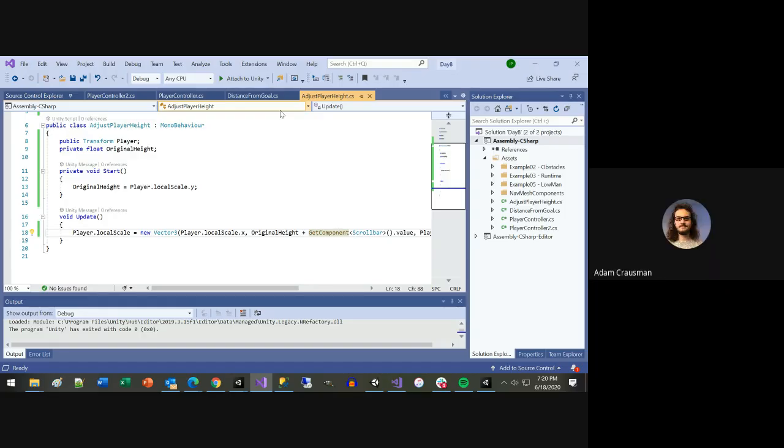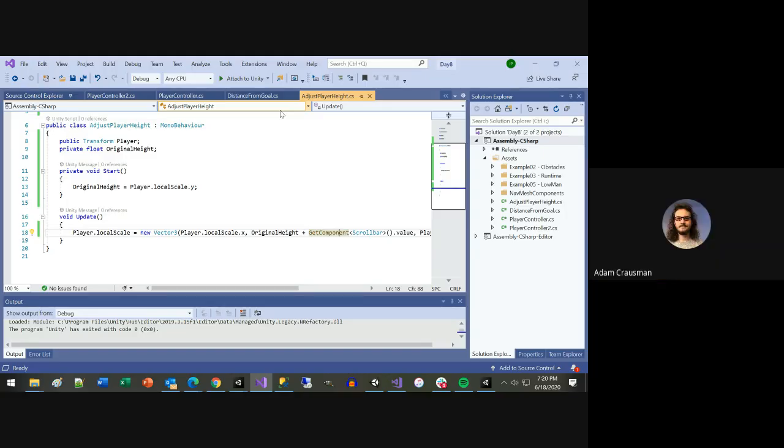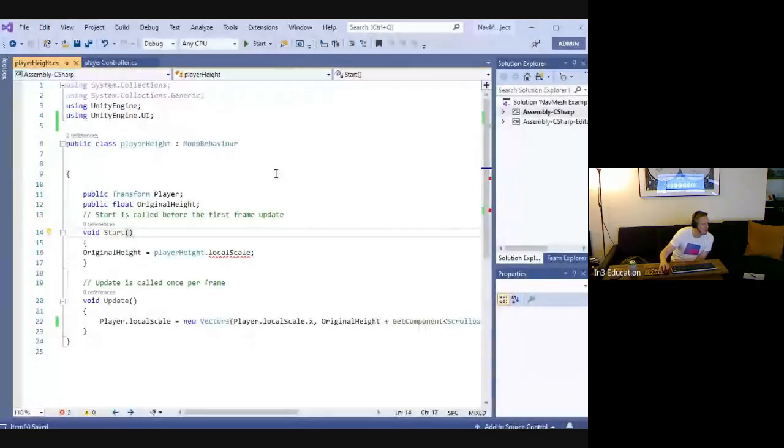Yeah, it's still saying it doesn't contain a definition for local scale. Do you want to share your screen real quick again? I want to make sure you're able to get this working. Let's see here. We'll take a look at it one more time. It's complaining about